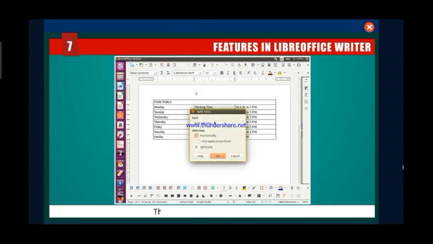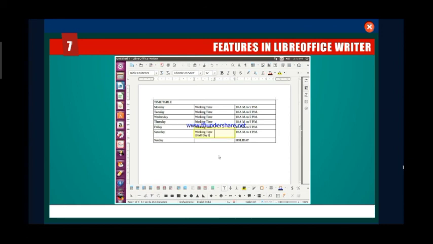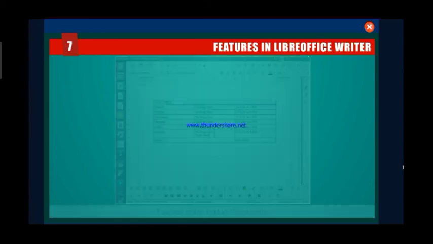This is the Split Cells dialog box. Type the number here into which you want your cells to split. Choose direction from here. Here I am choosing the Vertically option. Click on OK. You can see the cells are split into the desired number of cells. In this example, I have chosen the Vertically option. See, it is split now. You can enter text also in this cell if you want.